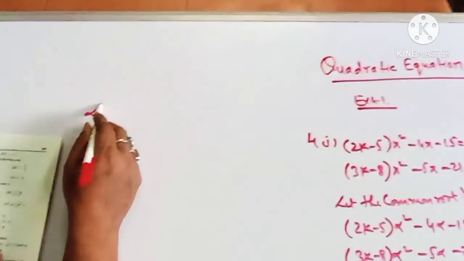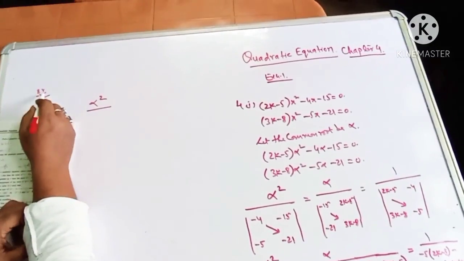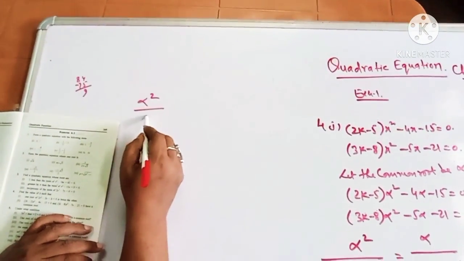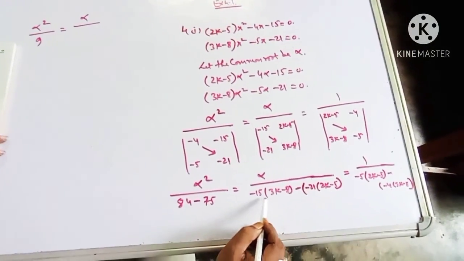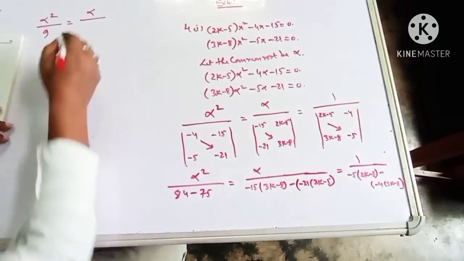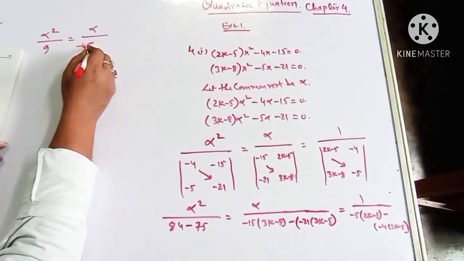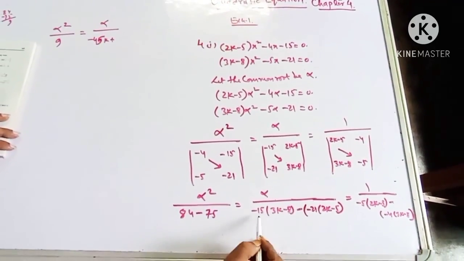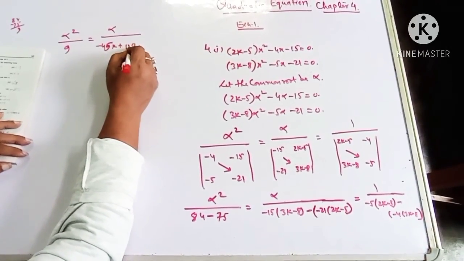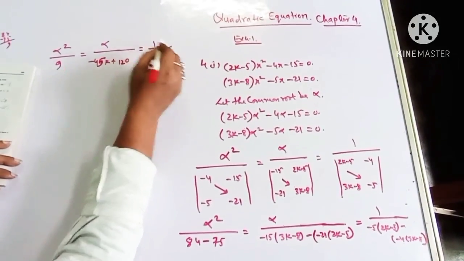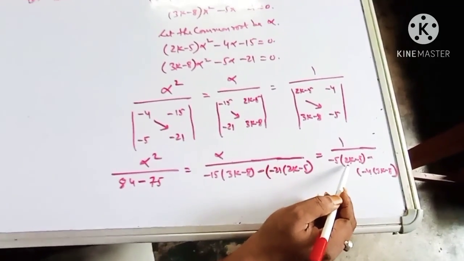Here alpha square, that is 84 minus 75, 14 minus 5 is 9, there will be 9, and this will be alpha by 15 into 3, 3 5s are 15, 45, minus 45k plus 8 5s are 40, 8 1s are 8 plus 4, 120, is equal to 1 by, this is minus 10